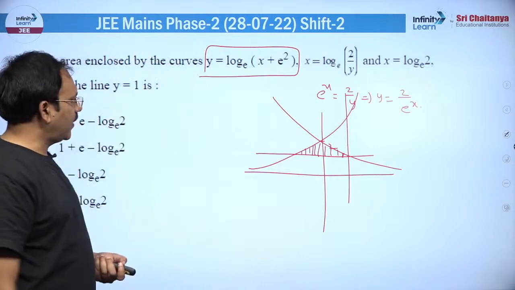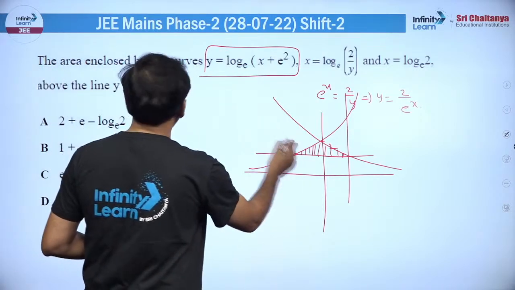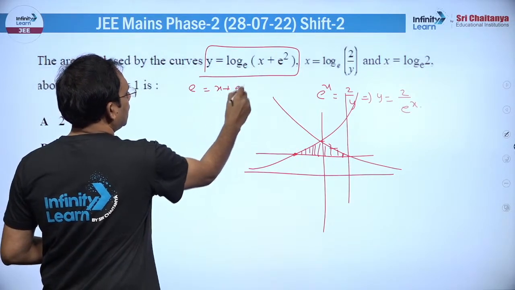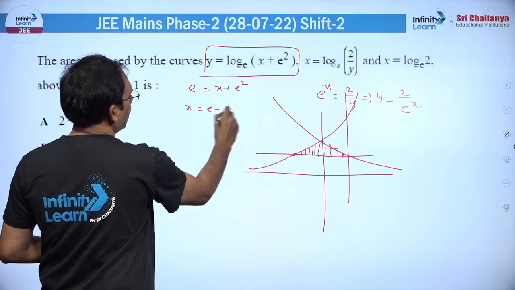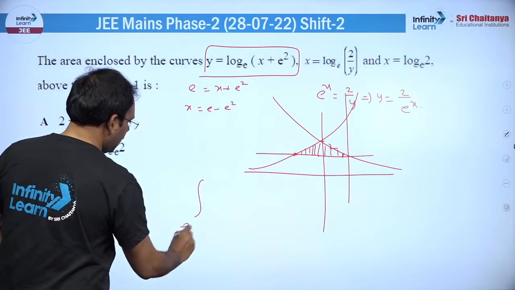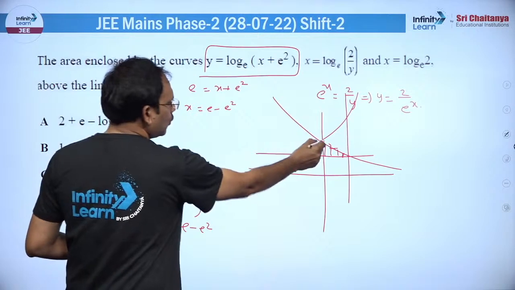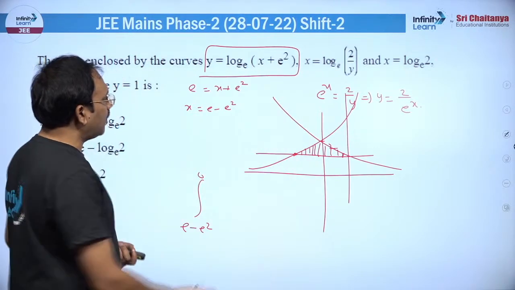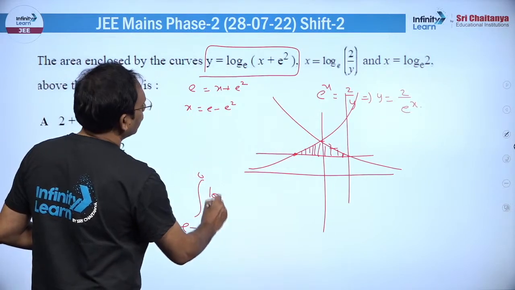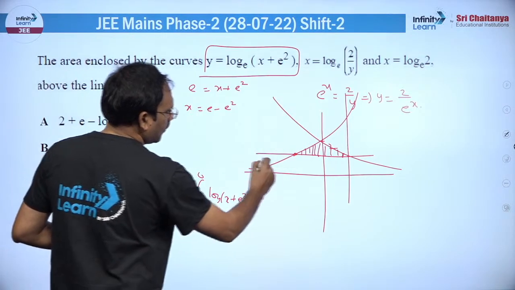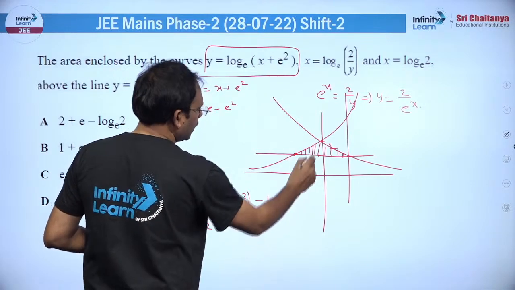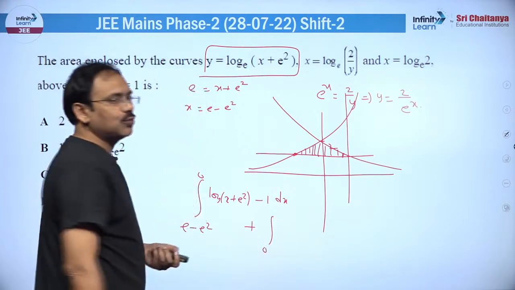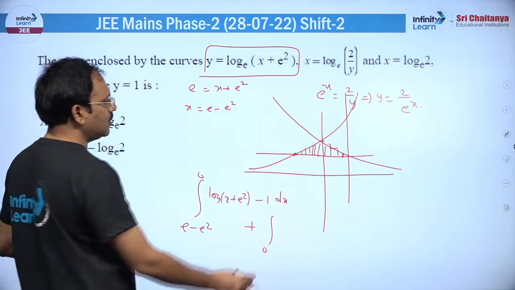You just find this value, this curve is equal to 1, in the sense e is equal to x plus e square, x is equal to e minus e square. Integral e minus e square to, you can say this is going to be 0, right. So upper curve is log of x plus e square minus y is equal to 1 dx, you will get this area, plus integral 0 to, you can take like log 2, you see, you just see where these two